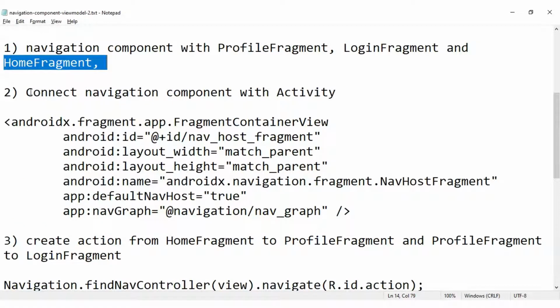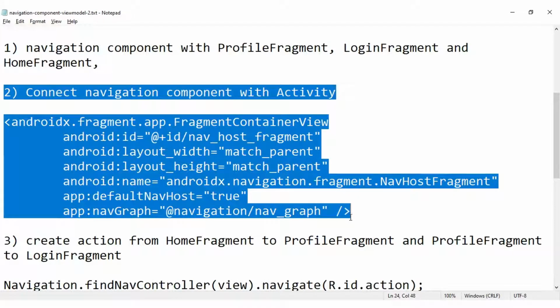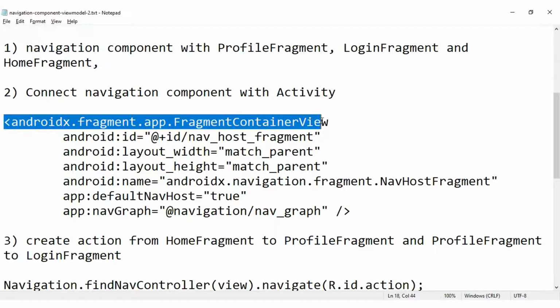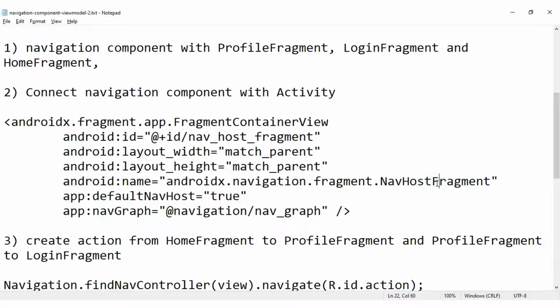Next we need to integrate this navigation xml file with our activity so that the respective home fragment can get launched. We need to add a fragment container view to our activity's layout file, and the name of the fragment will be nav host fragment, with default nav host true, and the nav graph will be our file name.